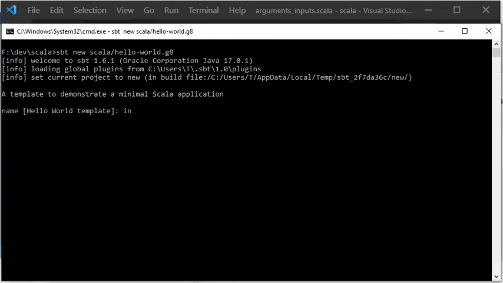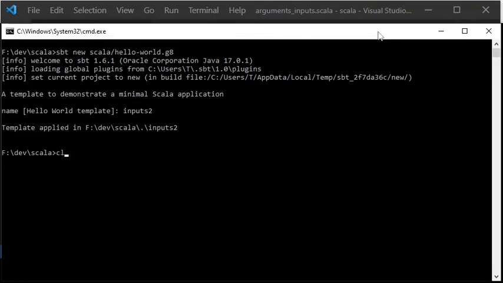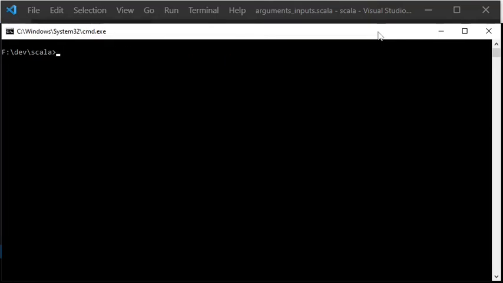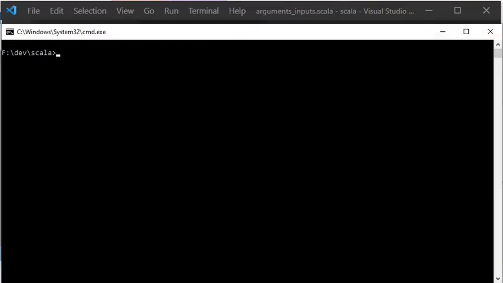During the project creation, I get a question about the project name, and I then choose the name inputs2, suffix 2, because I consider the previous non-sbt program as the first program. When the project is generated, a directory called inputs2 is created, and I navigate into it with the Windows command cd.